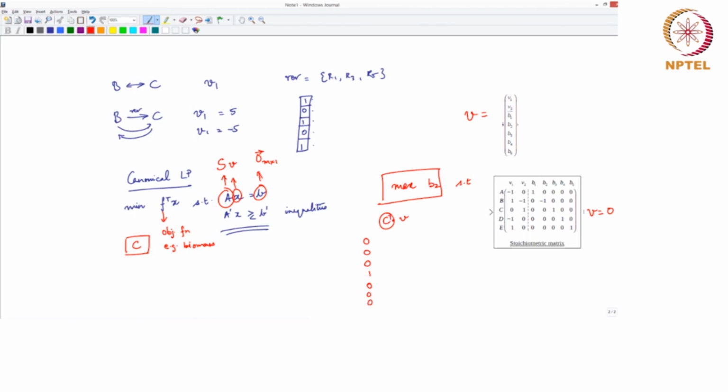So, now C transpose into this vector, good. It just seems a little contrived if you are not familiar with, you know, linear programming and linear